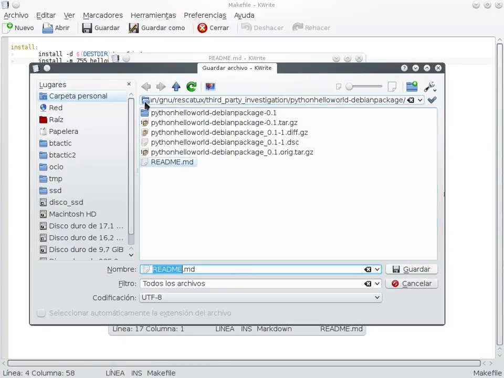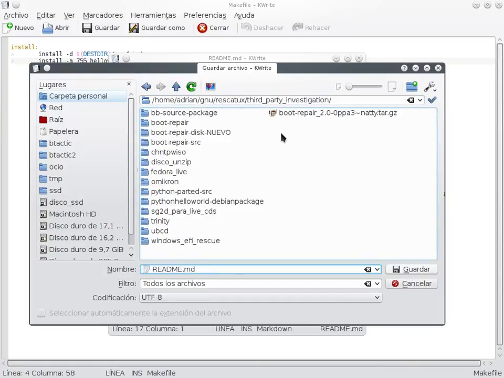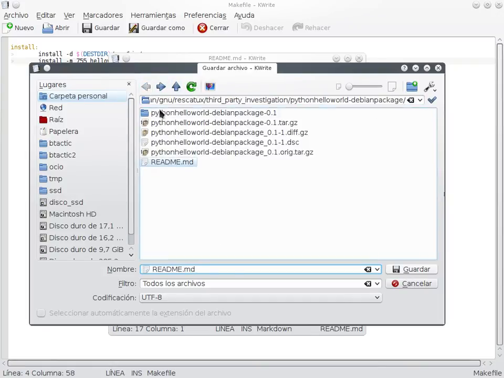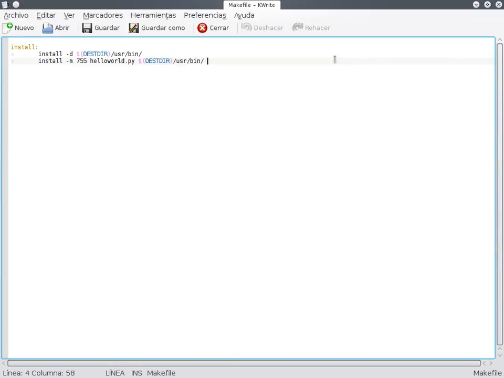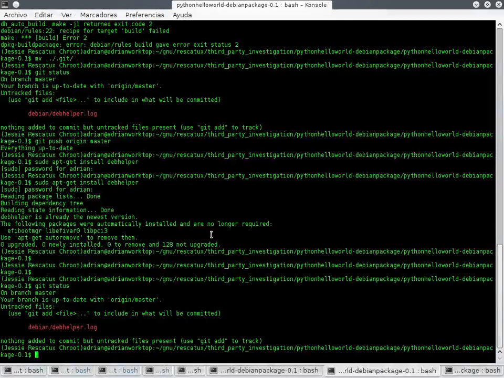That's the readme I had seen before. So this should be saved here. Yeah, right. That's right. Now I'm going to remove the one from down